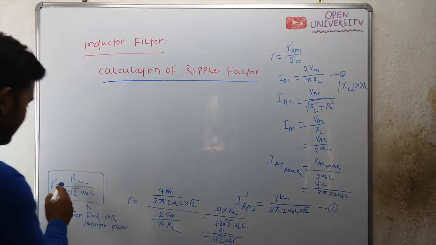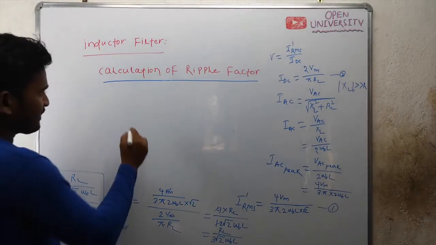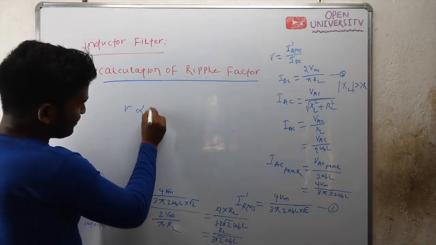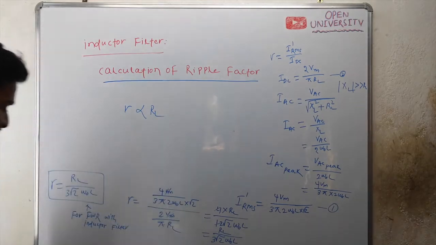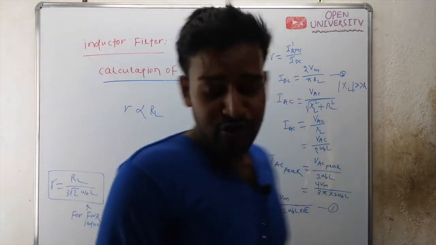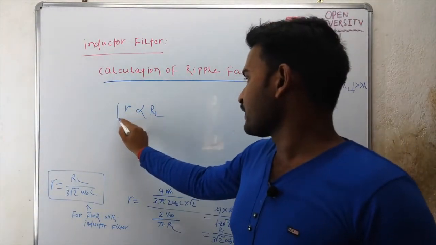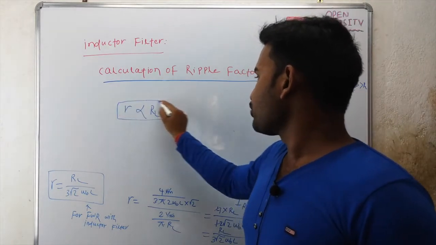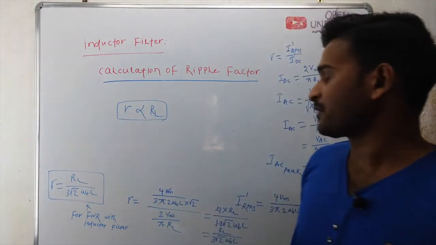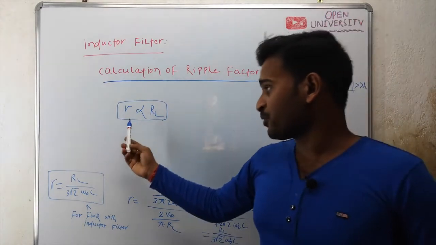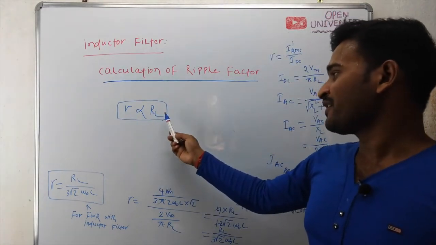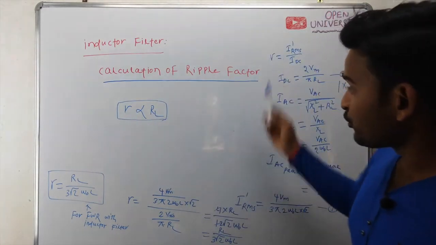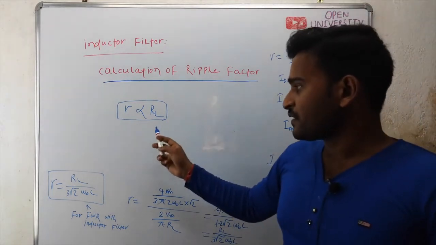From this formula of ripple factor, you can see that ripple factor is directly proportional to load resistance RL, and we always require a smaller ripple factor. How can you get a smaller ripple factor? If RL is small, then load current will be large. So